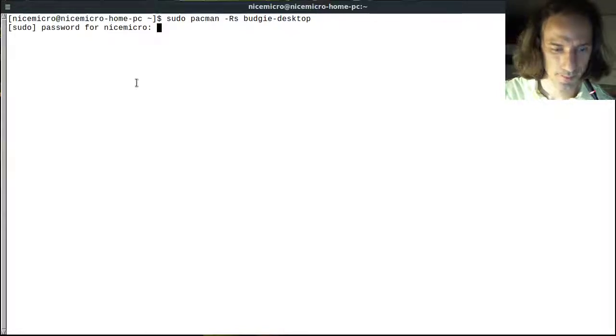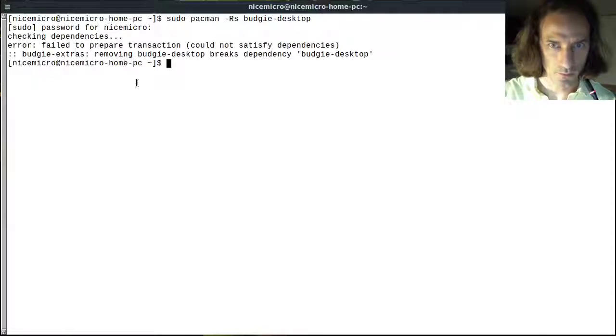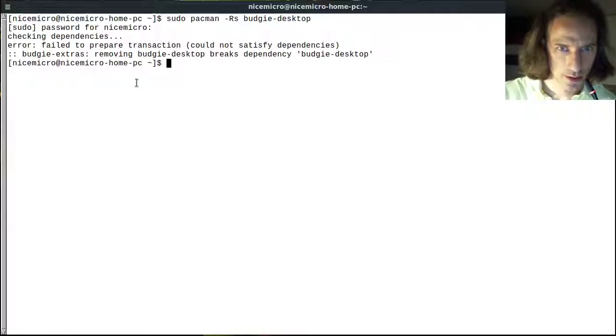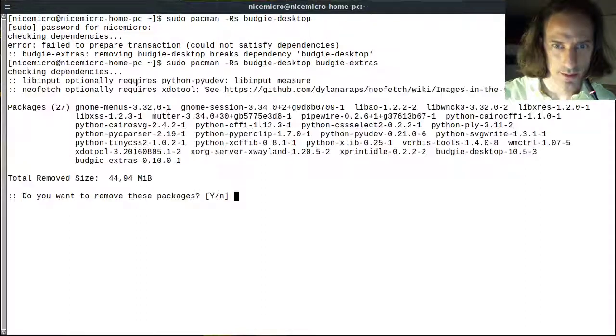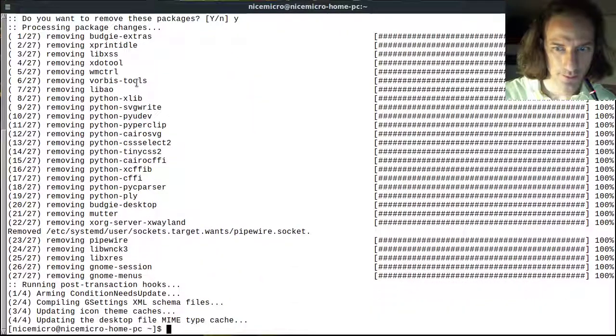Let's see what's on the list. Oh, Budgie extras. Yeah, we also need to remove Budgie extras. Well, a lot of things will be removed. Let's do that. And now that we removed the Budgie Desktop, then it is time for us to